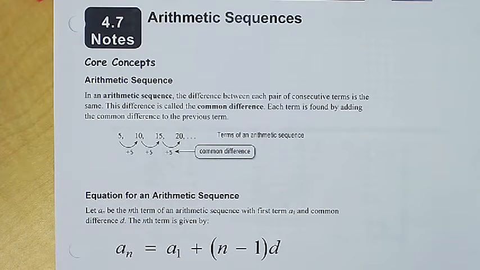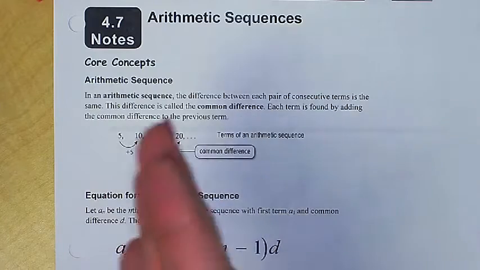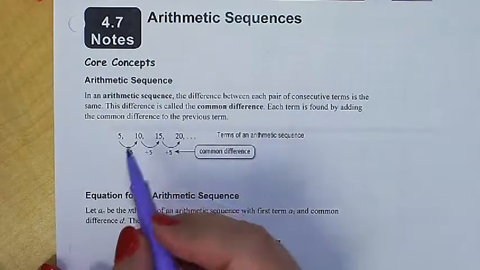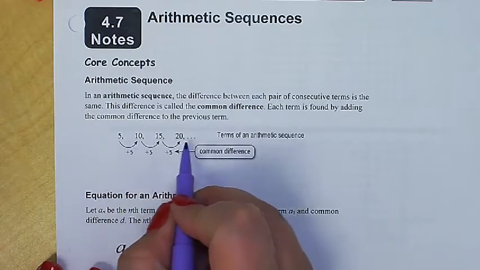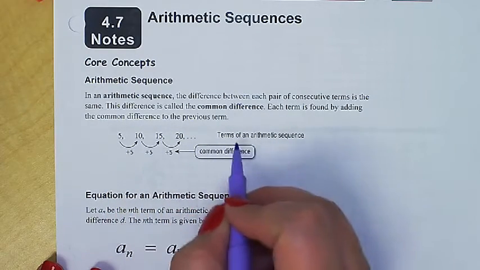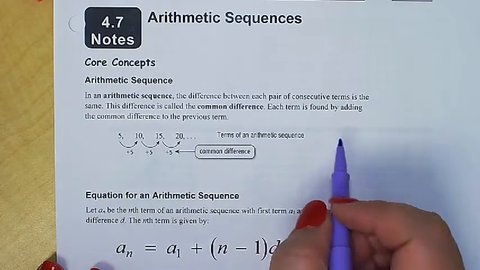Today we're talking about arithmetic sequences, and just as a reminder, the word sequence means a list of numbers that establishes some sort of pattern. Usually it has a pattern. So a sequence is when you have a list of numbers that just keeps going and going, and if you can find the pattern between them, then you can extend that sequence further and further,